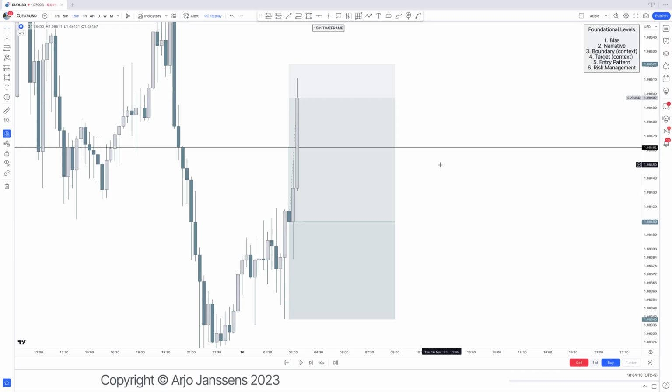But also, the way I see it is that the narrative and the entry pattern overall is what leads you to the highest probability trade. The risk management, if you just simply take a bad trade, it won't help the risk management. Whatever you do right there, it just simply won't help, because you already took a bad trade in the first instance, which means that the chart time might be bad in the first two steps, going over narrative and entry pattern, which then makes the risk management alerts futile,